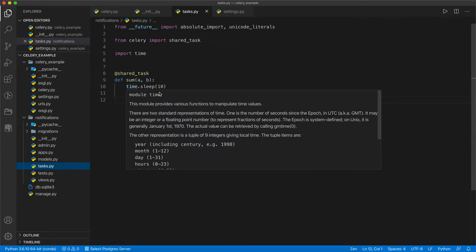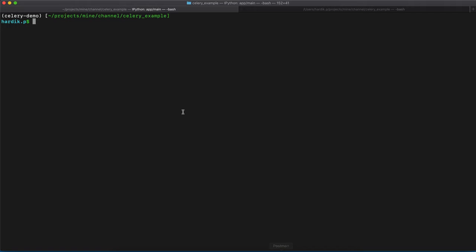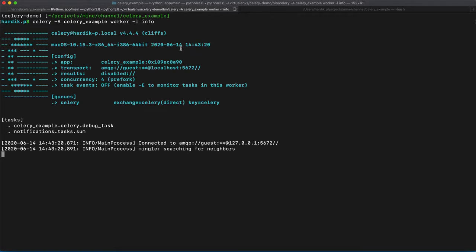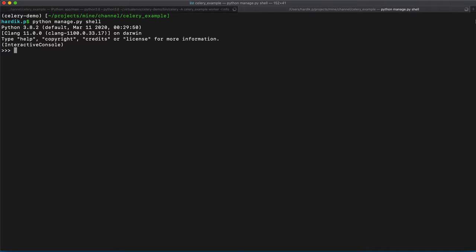And we also ran one task called sum, and we called it through the Python Django shell, and we also ran one worker in the other terminal, and we called them through this shell, right? So let's do that as of now, and we will continue from there.